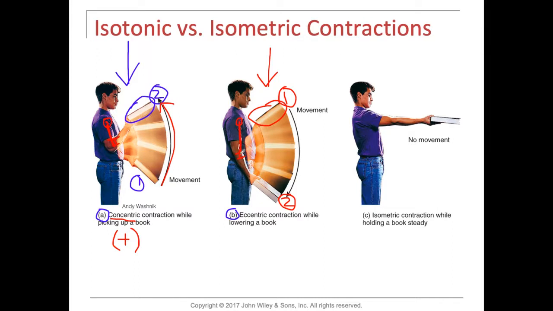There's still tension on the biceps brachii muscle here, but here the O and I, the origin and insertion, moved further away. It elongated. That's an eccentric contraction. And the E in eccentric, think of it for elongation, right? If you look at the O and I, the origin and insertion of the biceps in an eccentric contraction is longer than the origin and insertion in the concentric contraction. The eccentric contraction is known as the negatives.